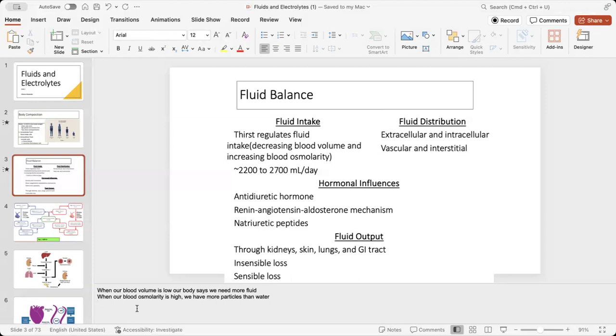Our breathing, our sweating. Right? We're not gonna be able to measure that. But at clinical, when you care for patients, you're measuring output, urine output, okay? You're measuring liquid stool, okay, any vomit. So I&Os are important. We need to keep track of what's going in. Is it coming out? Is there an overload? Is there an underload? Okay.